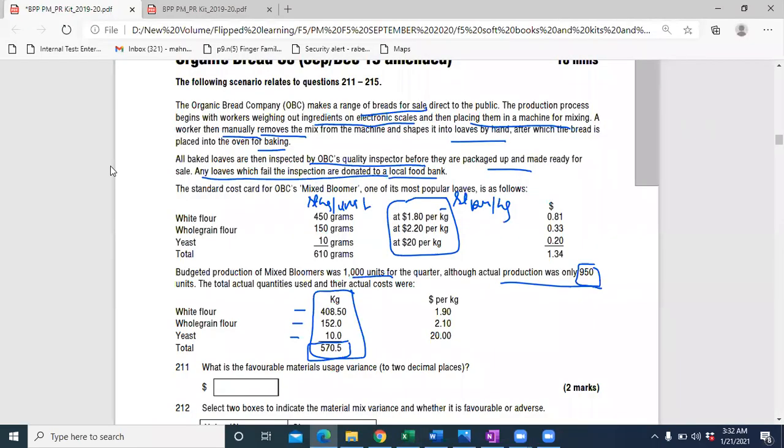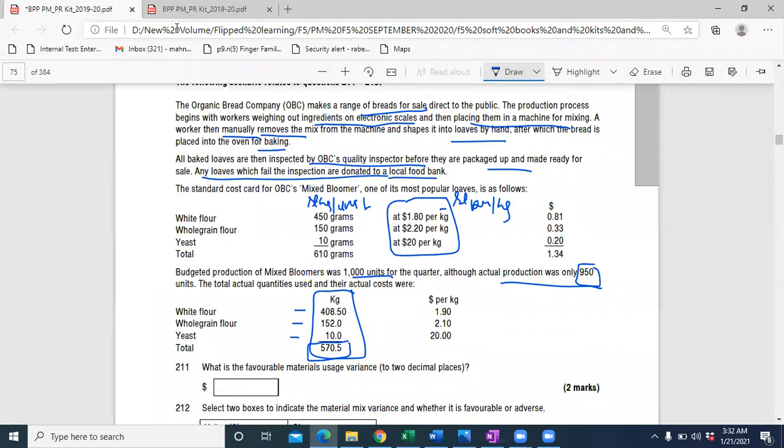And if you can see their prices, the most expensive is basically this ingredient, whole wheat flour and yeast. And if we deviate from our standard mix and use more of the expensive ingredient, definitely our mix variance would be adverse, and it will always be the net impact of all, right? The net mix variance.